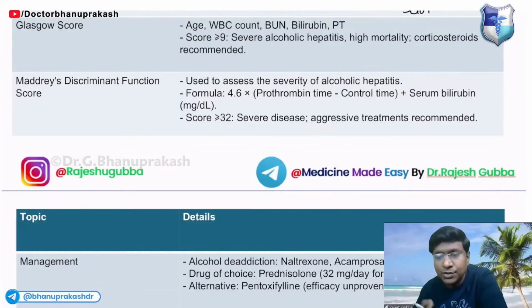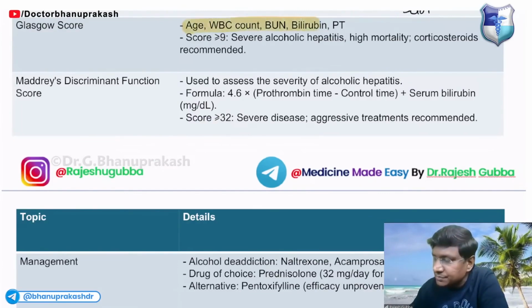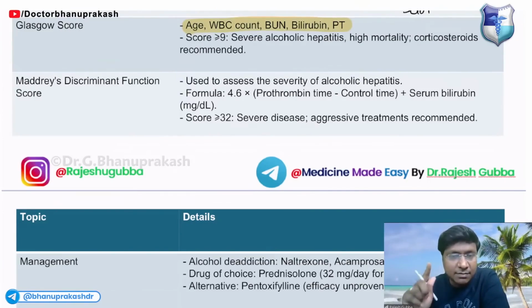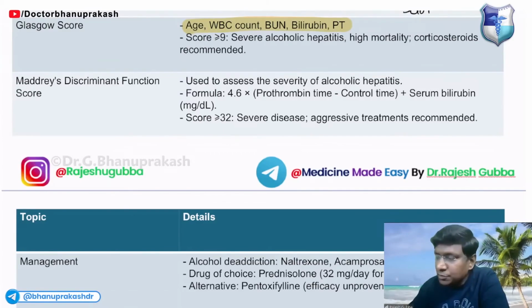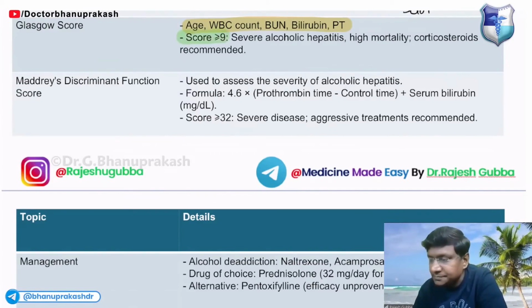Apart from this, another important scoring system is the Glasgow score. Now, what is this particular Glasgow score and what are its parameters? Please make a note of it: age, WBC count, blood urea nitrogen, bilirubin, as well as prothrombin time. And what should be the score to start the treatment? If the score of the individual,